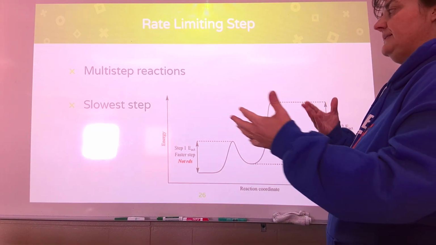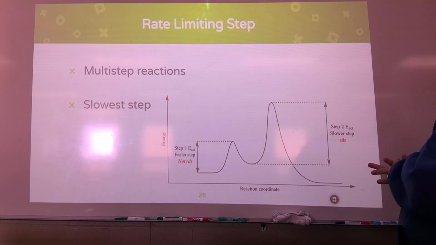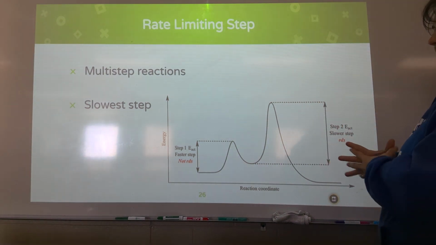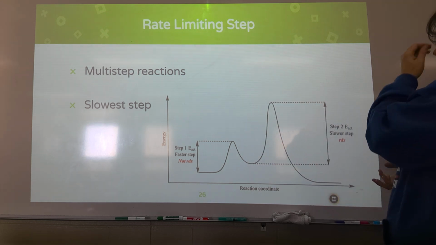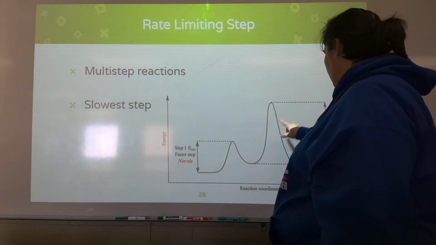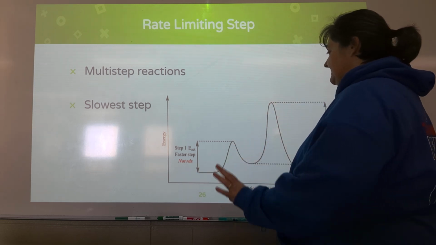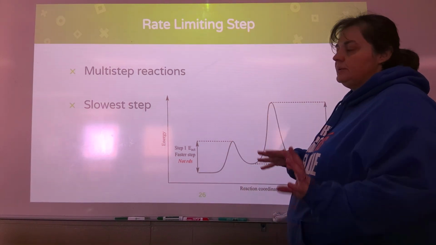And so this is going to be some of our more complex reactions that occur. These are the kinds of things that are happening inside of the body. You have lots of complex things that are happening, and these are taking multiple transition states. And so in order to get to our final product, this has to go through 2 transition states on this graph. And transition state 1 and transition state 2 are at different